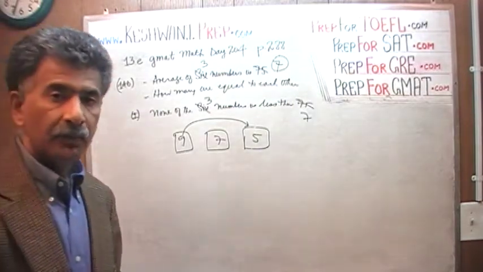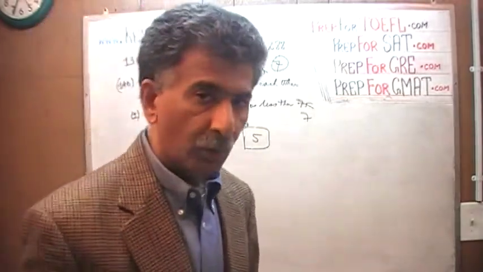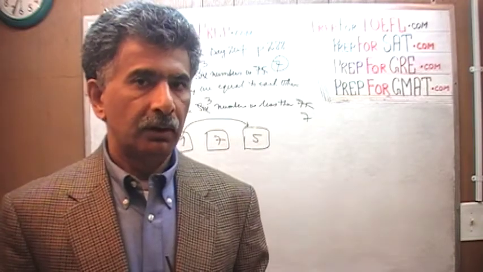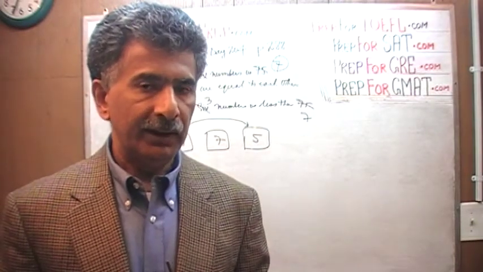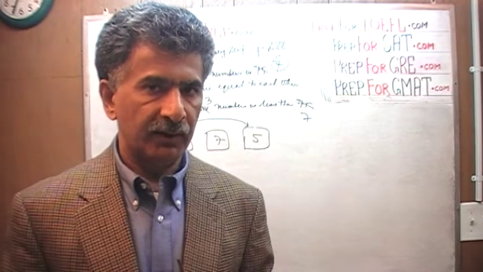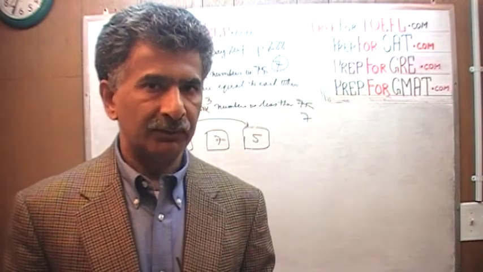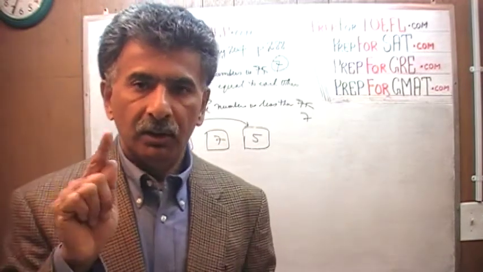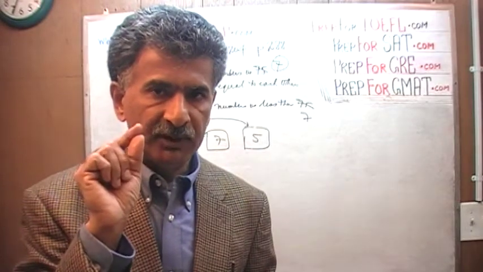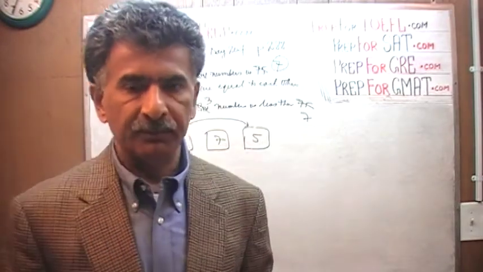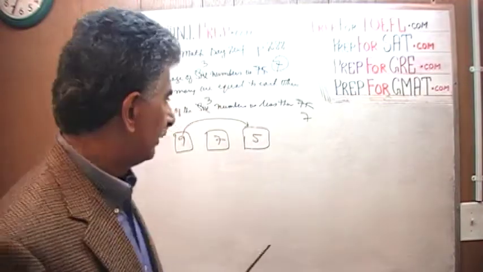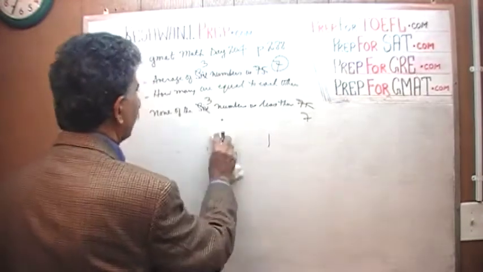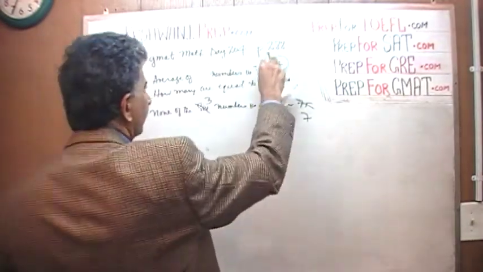In other words, if you have a whole bunch of numbers, and if we are told that their average is 75, the only way any of these numbers be more than 75 is if at least one number is less than 75. Because they have to compensate for each other, because their average is 75, which means if you were to multiply 75 times the number of numbers, that's their sum. If we have 6 numbers and their average is 75,